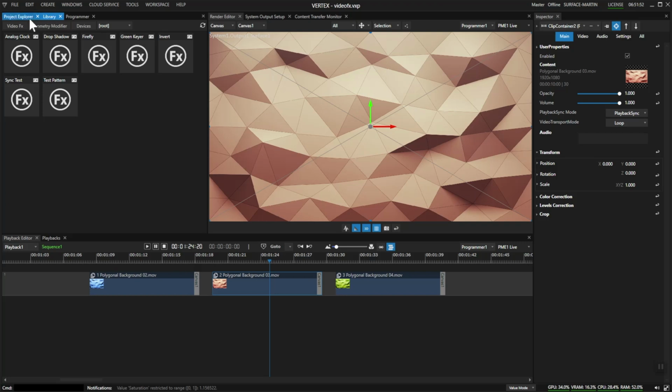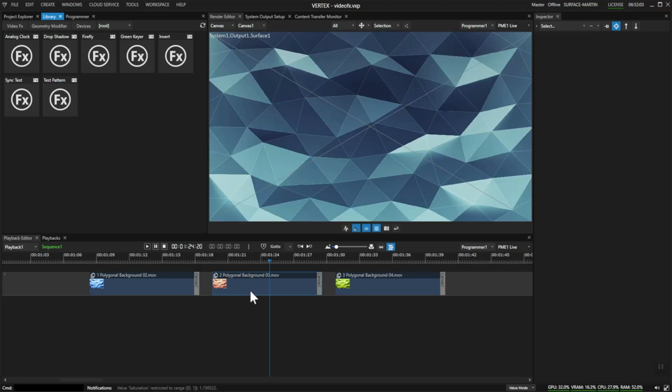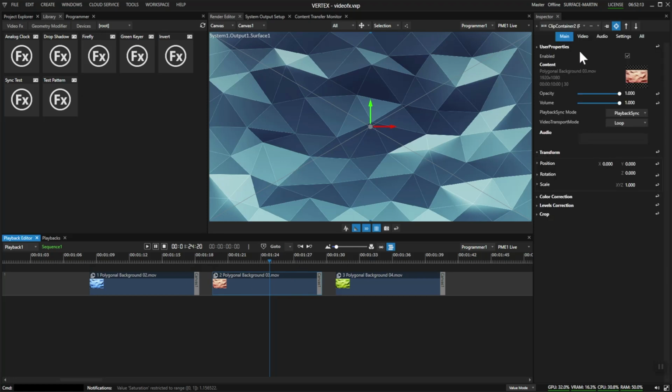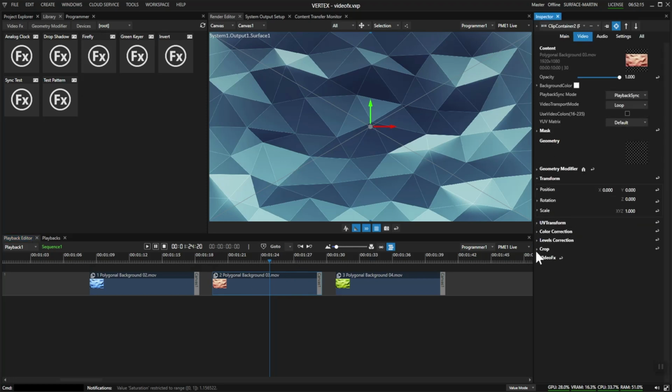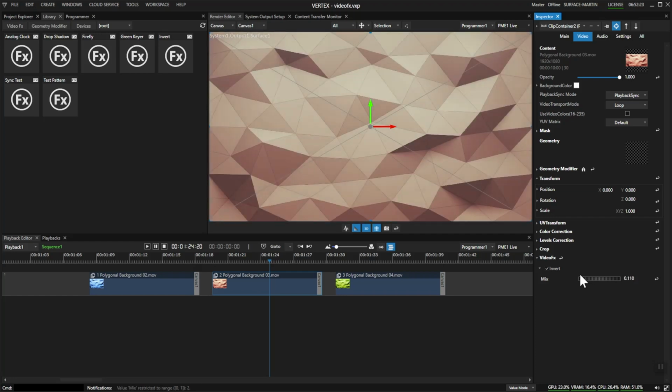So if you switch to library, switch to video effects, you will see a short collection of different video effects you can apply. For example, I can now drag and drop the invert effect onto this clip container and it will automatically invert the color space. All video effects you add this way can then be found in the video tab under video effects, where you can either turn them on and off or manipulate the parameters, such as in this case the mix level of